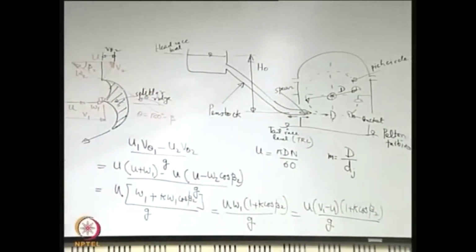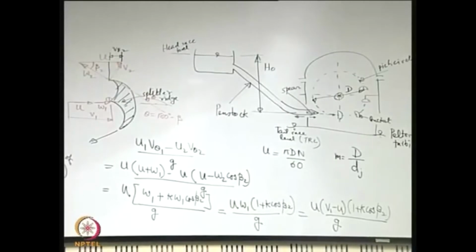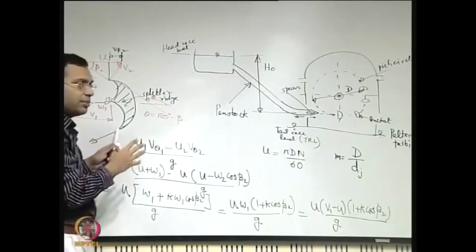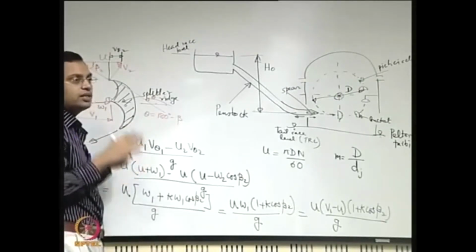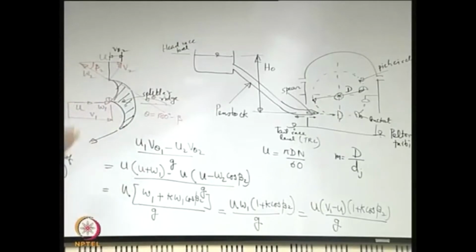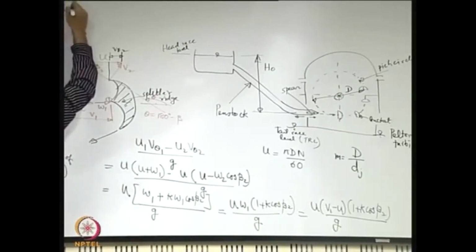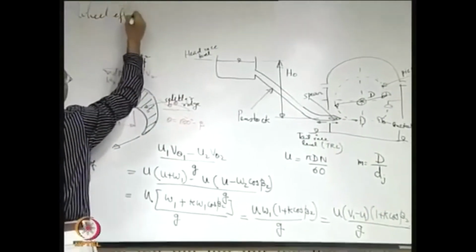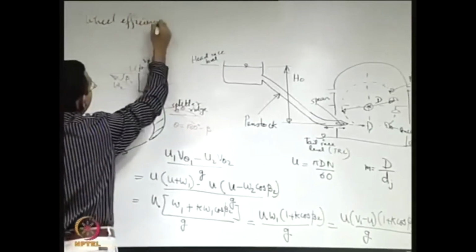For impulse turbines, there is a particular terminology called wheel efficiency. Usually hydraulic efficiency is used wherever you have a pressure change as well. So, here you just have some energy change based on the input form of energy, which is the kinetic energy form. So, the wheel efficiency is again an indicator of the energy conversion efficiency of the wheel.